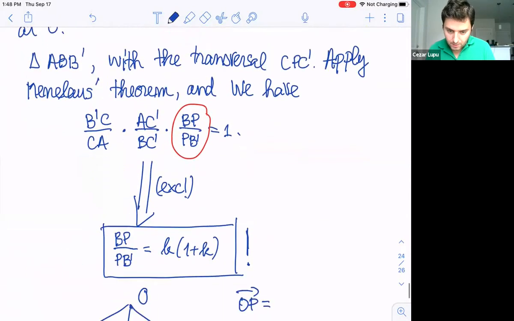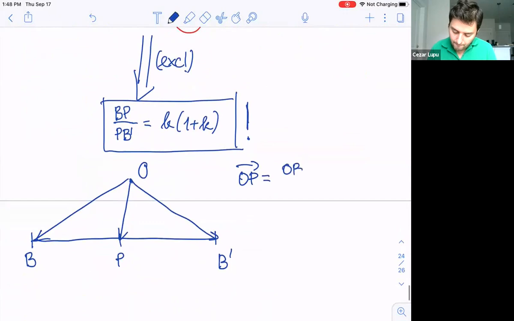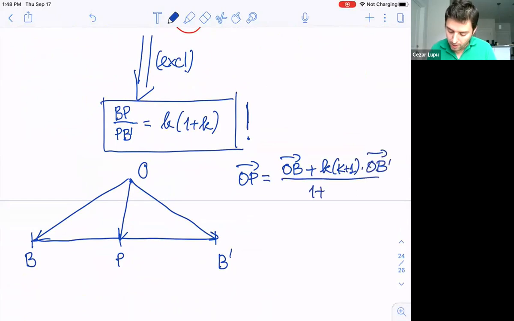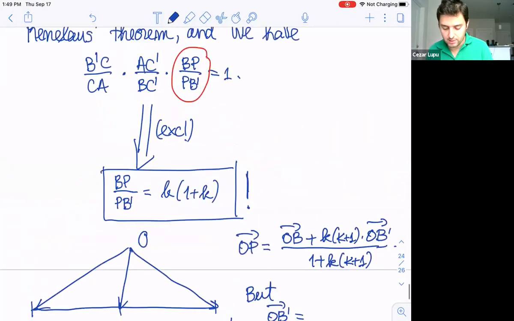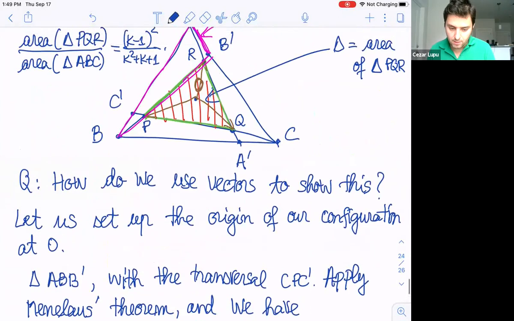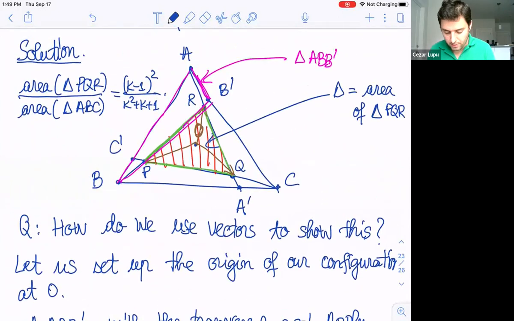Will be the OB vector plus K times OB prime vector, everything over 1 plus K. All right, beautiful. But now the OB vector I can express, but the OB prime vector, sorry, can I express this? Let's look at the picture. OB prime vector is what? Well,